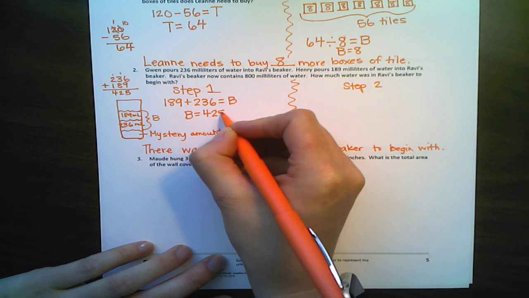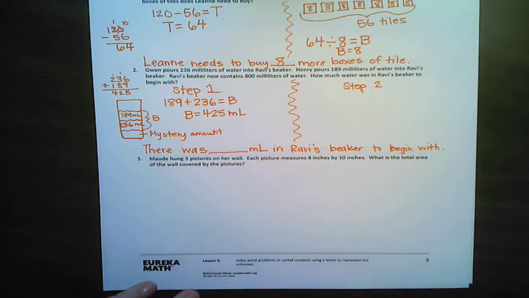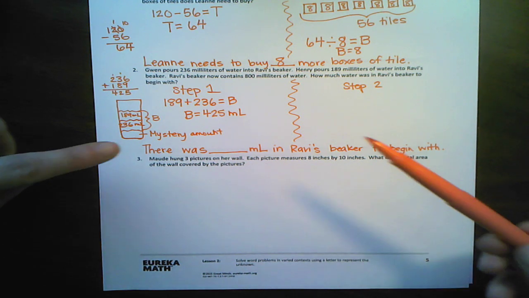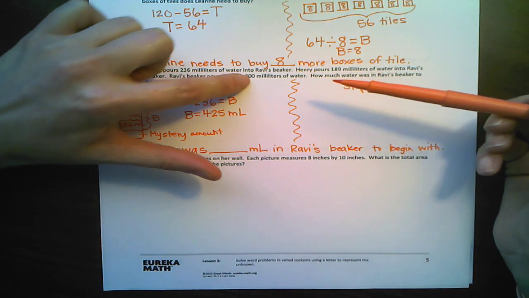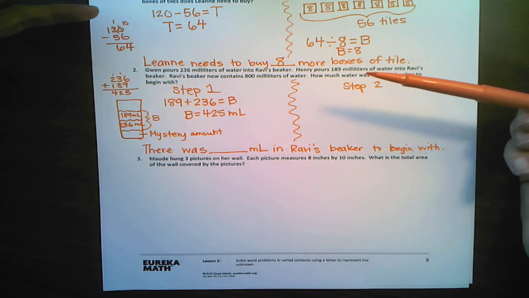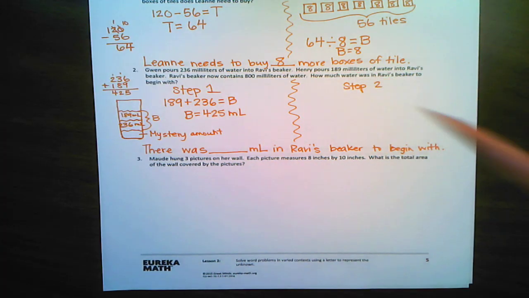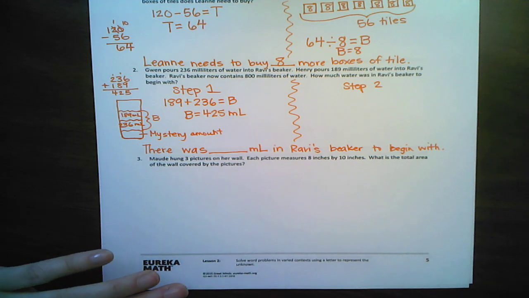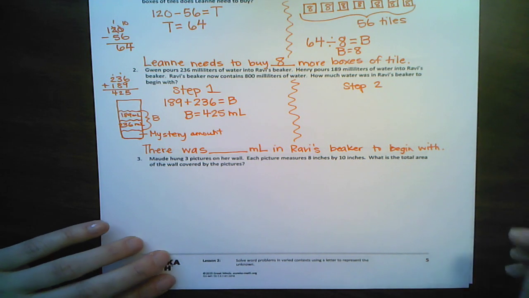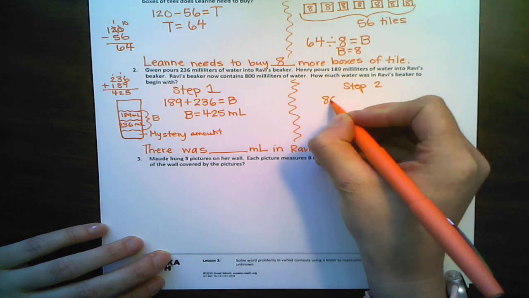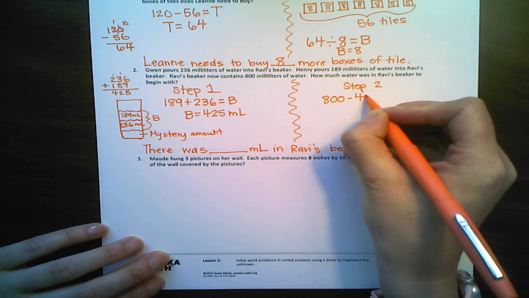Okay, I got 425 milliliters was poured in. Now we need to figure out how much they started with, because he doesn't only have 425, he has 800. When all was said and done, he ended up with 800 milliliters of water in his beaker. So how much was in there to begin with? And how can we figure that out? Right. So if we find the difference between 800 and 425, we will figure out how much there was to begin with. So let's do 800, take away 425